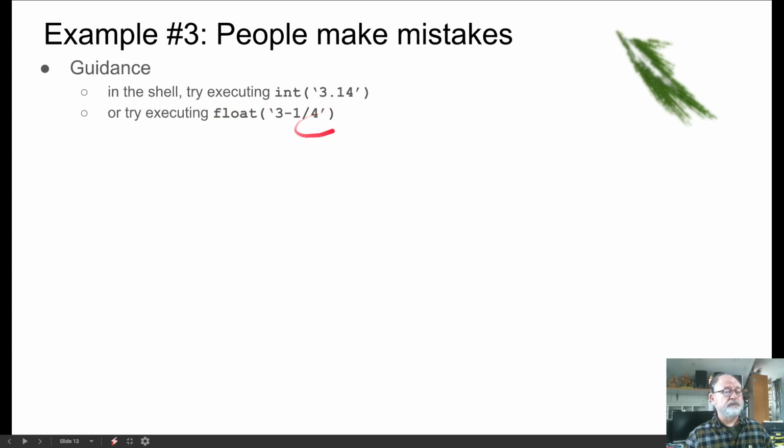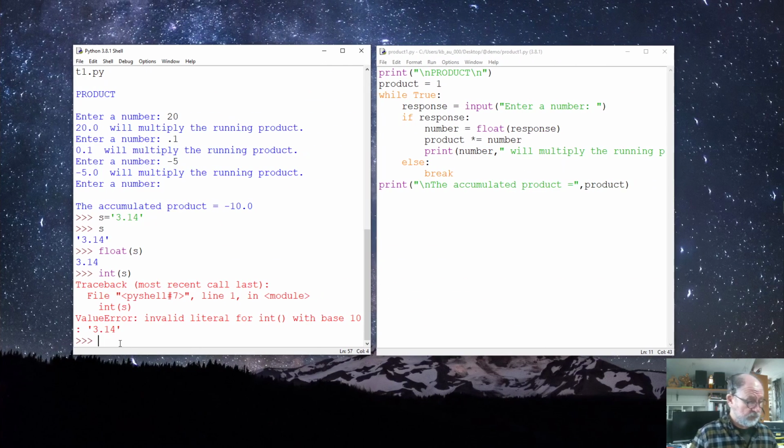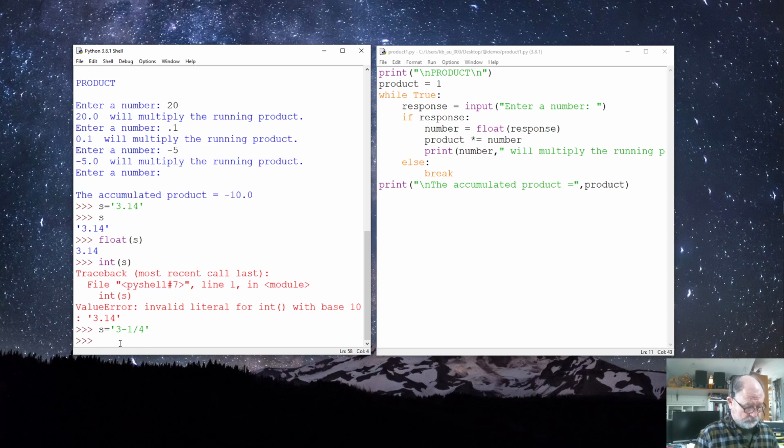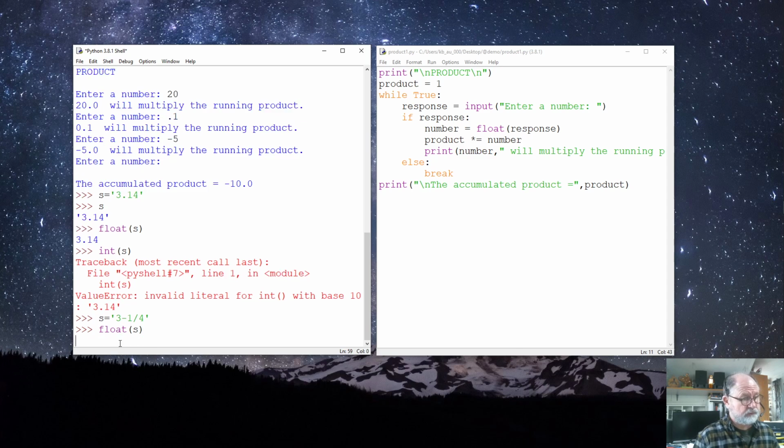We could also do that with float. We could have a number expressed this way, like 3.25 is what this number would designate in a string, and so we could have s is equal to 3.25, and now neither int nor float will convert this correctly. If I say float of s,